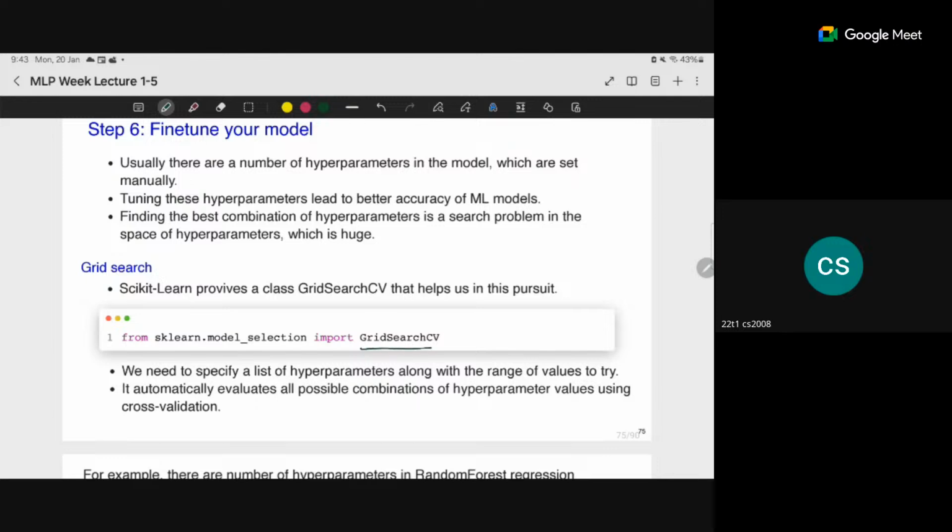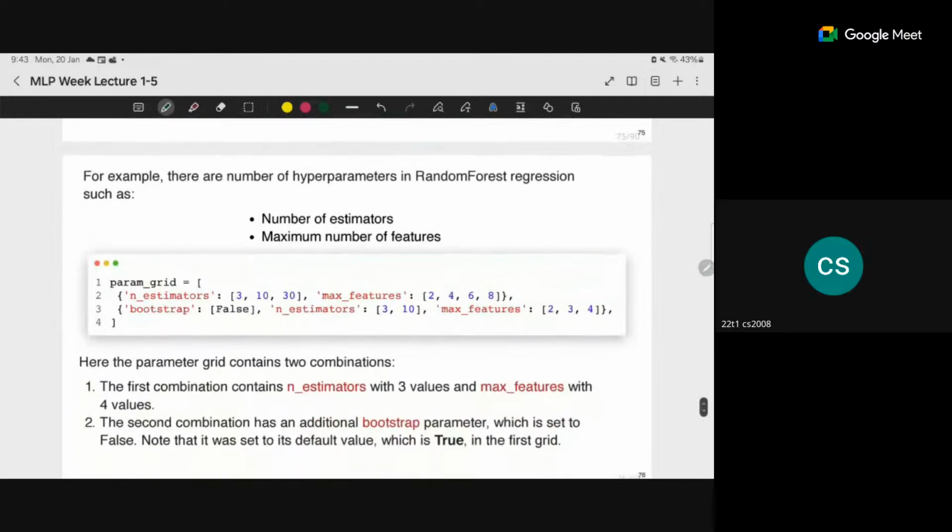The method that is used is grid search CV. Grid search CV basically says you can take different combinations. For random forest, n estimators is how many decision tree models you want to try, how many features you want to try in one go, and the other one is bootstrap, whether you want true or false. Here it is building different models, but number of estimators takes values 3, 10, and 30. So the first time in cross validation it is going to take 3 estimators and try, the second time with 10, then with 30. Whichever gives you the maximum score,